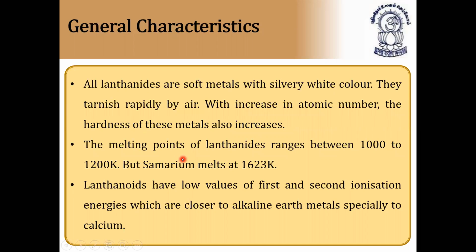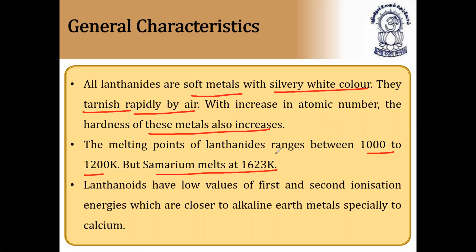Now coming to the general properties or general characteristics of lanthanides. All lanthanides are soft metals with silvery white color. Very, very important. They tarnish rapidly in air. Tarnish means getting rusted. With increasing atomic number, the hardness of these metals also increases. The melting points of lanthanides range from 1000 to 1200 kelvins, but samarium melts at 1623 kelvins, an unusual melting point